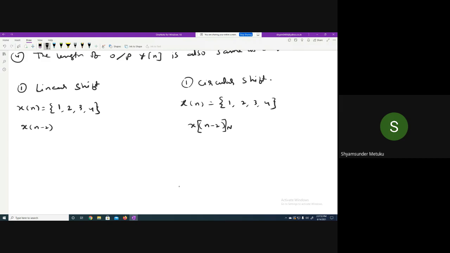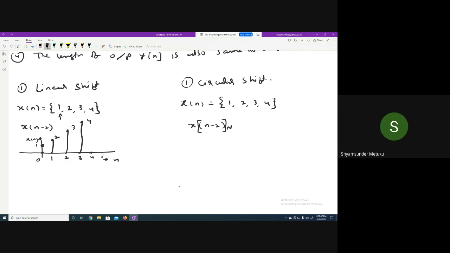Suppose graphically we represent the given discrete sequence. Can anybody tell what the origin point is in the given x of n, the input 1, 2, 3, 4? If nothing is mentioned and no arrow is indicated, it is 0. Very good, so this will be the origin point. At n equal to 0, I have a height of 1. At n equal to 1, a height of 2. At n equal to 2, a height of 3. At n equal to 3, a height of 4. Is it clear? This is the graphical representation. Yes or no? Yes, sir.